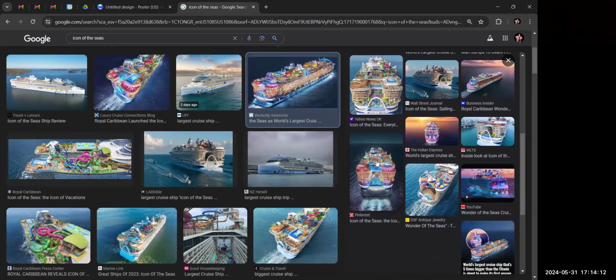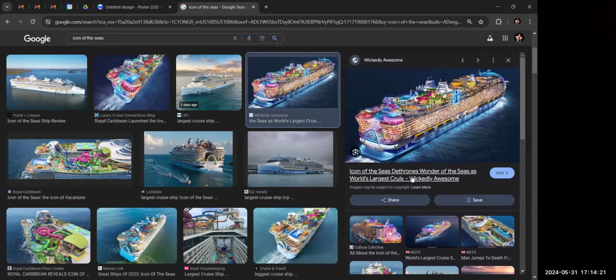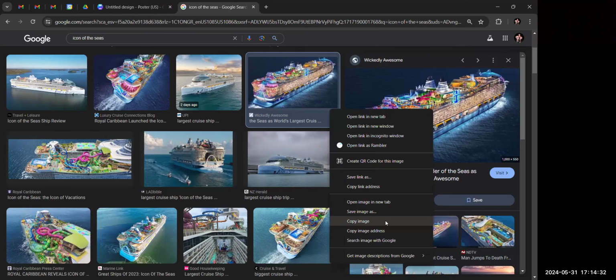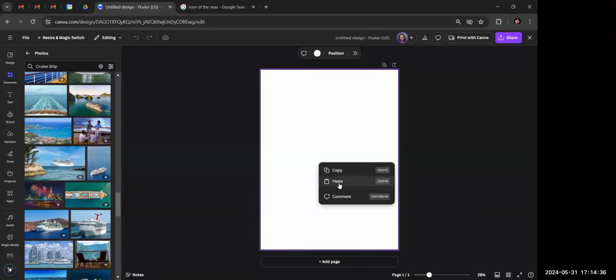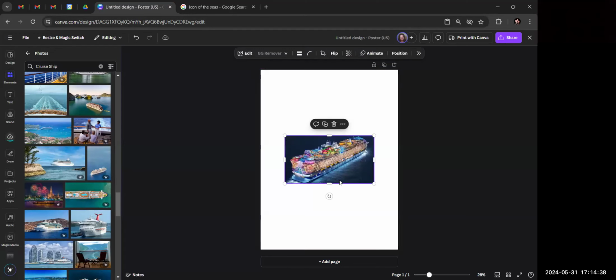Now this is the most common one that I see, or maybe it's just because I use it quite a bit. Because it's the back of the ship and it says Icon of the Seas, but you can still see it here. And I think that I would like to see if I can use this. Now I have one anticipated issue with this, and I will see if it happens. When I go to make this, I'm just going to paste it here. All I'm doing is copying that picture and pasting it. What happens when I try to